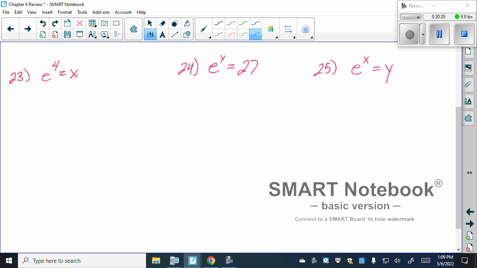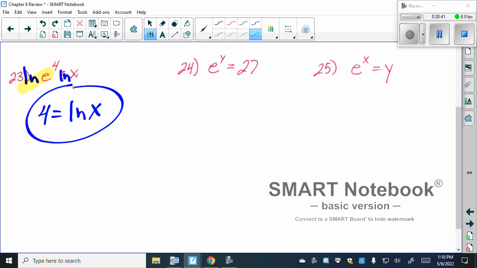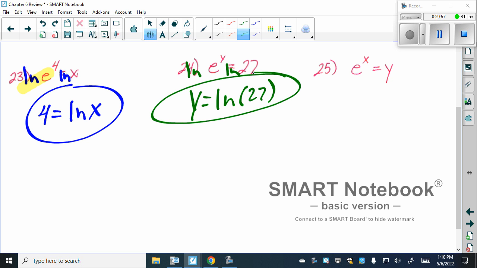Let's look at 23, 24, and 25. Yeah, we can use ln. So 23, I can put ln. Well, ln of e is gone, leaving us with just 4 is equal to x. That's it. So what would 24 be? ln of 27. We can apply ln to both sides. And y equals ln of 27. Last but not least,